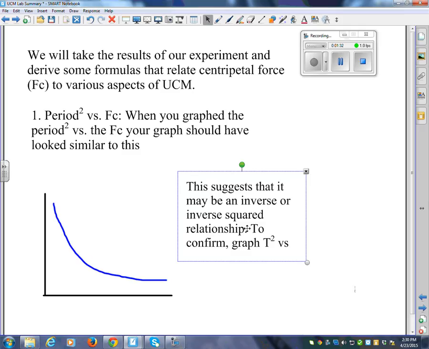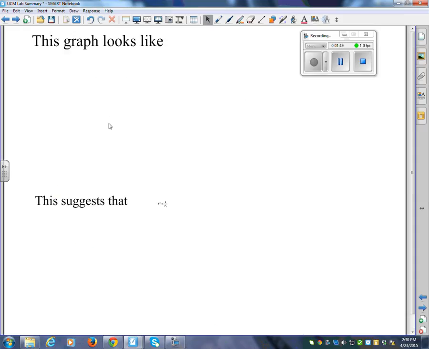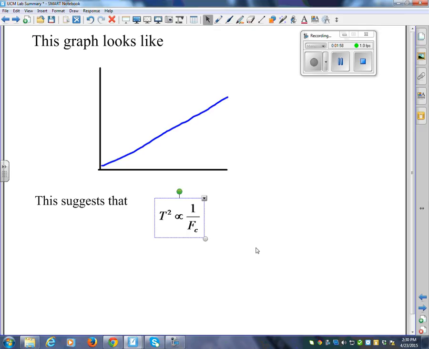And to confirm this, we're going to graph T squared versus 1 over FC. Okay? And that will tell me whether it's an inverse or inverse square relationship. So you graph T squared versus 1 over FC. And did you get this? Did you get a straight line? Straight-ish. So this tells us that T squared, the period squared, is proportional to 1 over FC,